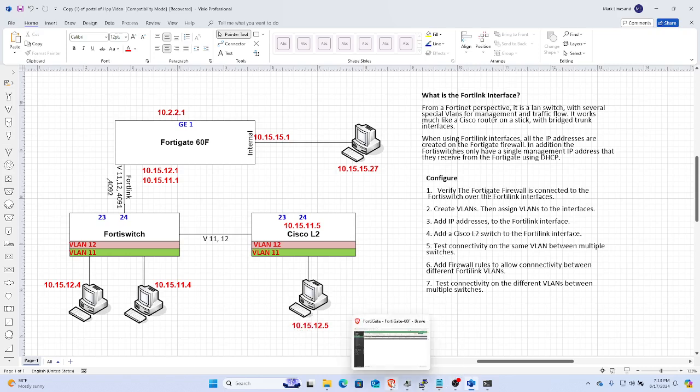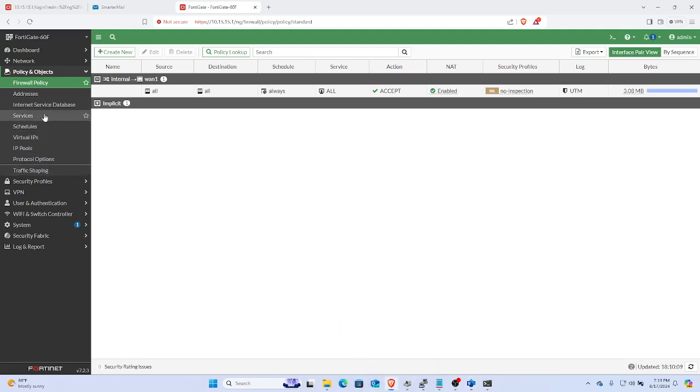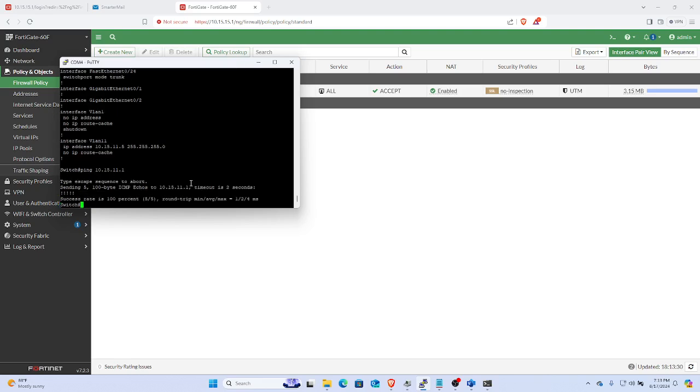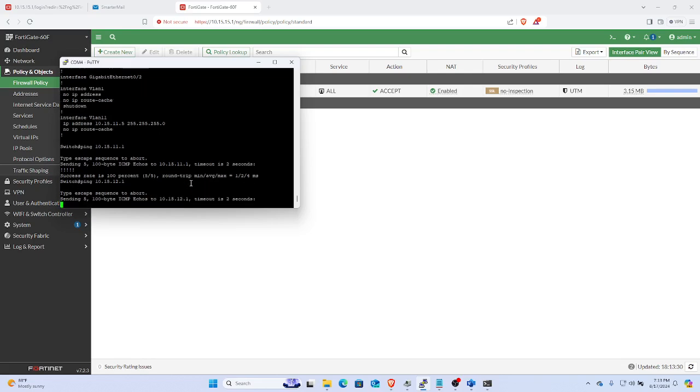So if we go back, oh, sorry, I want to go back to the firewall. If we go back to PuTTY, you'll see this. I just want to demonstrate at this point that I should be able to ping my gateway on the Fortigate, and I can. However, if I try to ping something on a different network like 12.1 on the Fortigate, it's going to fail miserably because right now